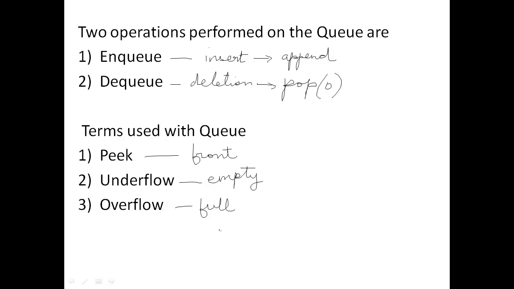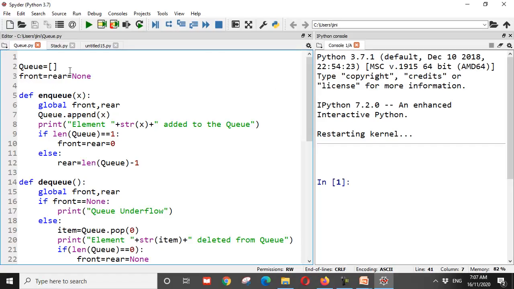That is what is going to be asked in the examination: to implement the enqueue and the dequeue functionalities of a queue using a Python program. Okay, so here's my program. I've created a queue using a list, and it's an empty queue. Now, if it's an empty queue, do you have elements in the queue?